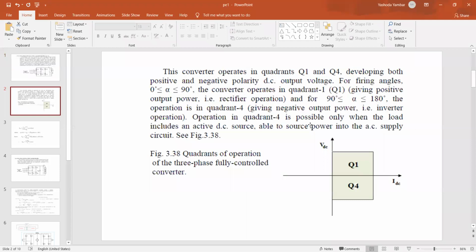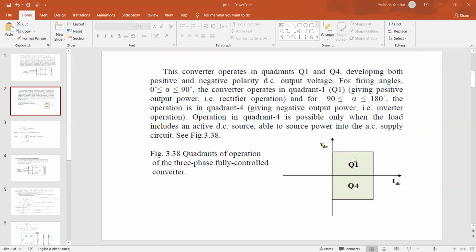Whether it is three phase or single phase, full converters operate in two quadrants. In the first quadrant, it acts as the motor where both voltage and current are positive. That means maximum power is transferred from source to load. The points which I'm mentioning orally, you can put point wise in the examination as they are, and you will get the complete marks. Full converter operates in two quadrants, quadrant 1 and quadrant 4. In quadrant 1, the machine acts as the motor. In quadrant 4, the machine acts as the generator.